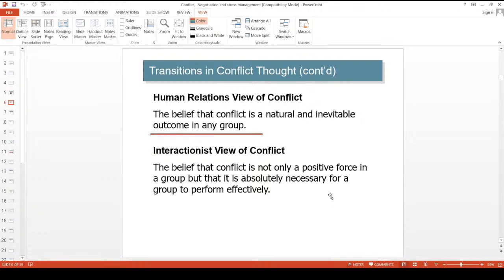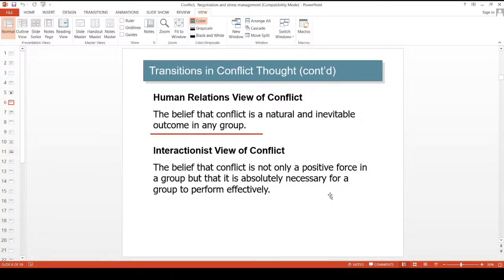Initially, when we discussed the traditional view of conflict, we said that most people think that conflict is not good for organizations and should be avoided. But this interactionist view of conflict is just the opposite, and we say that conflict is very important and necessary within organizations, because it can contribute to better group performance. It can lead to creativity, it can lead to innovation,